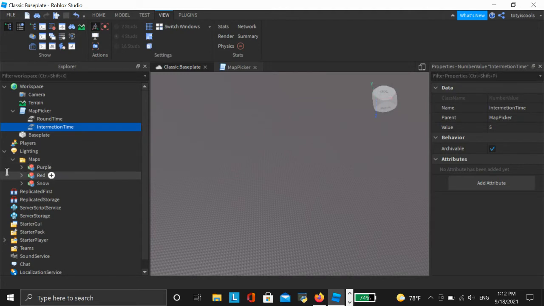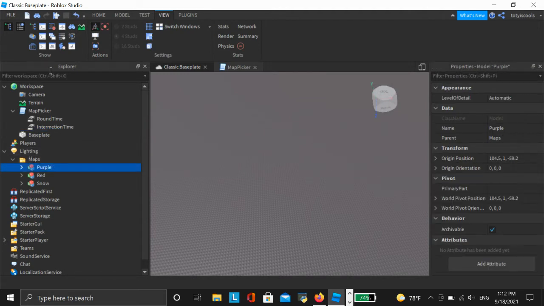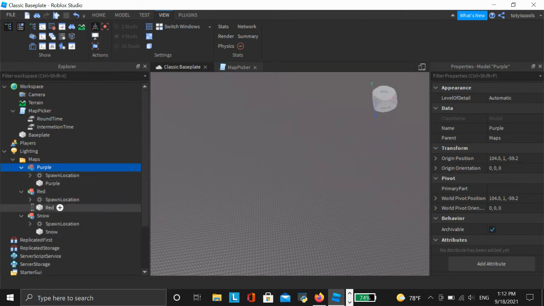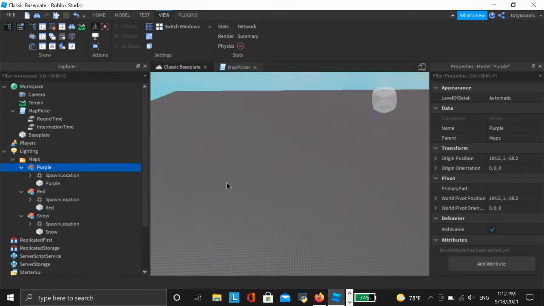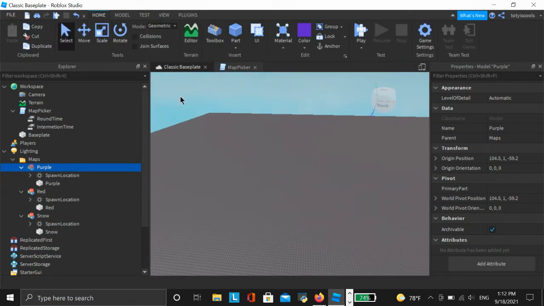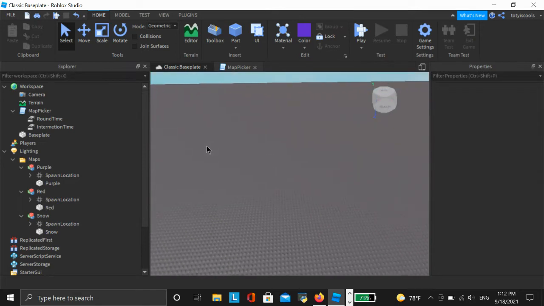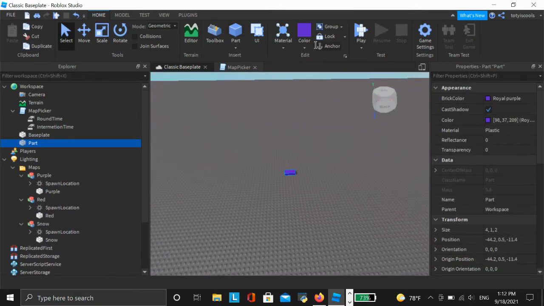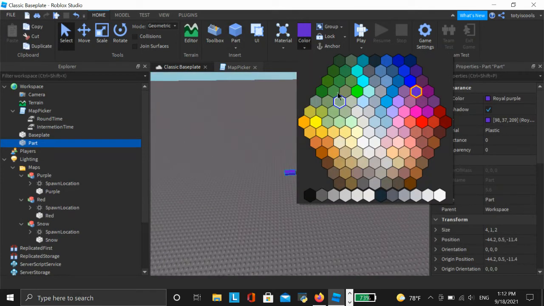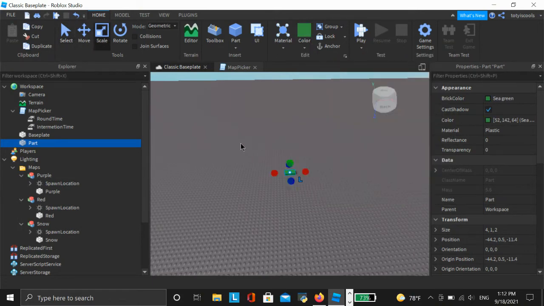So here we have maps. So what you're going to do is you're going to create the maps that you want. Make sure that each one is put into a model and then put into maps. So for example, if I wanted to add actually one more map, just for the sake of testing, let's say this is going to be my map. Not gonna make it too advanced, so it's just a simple